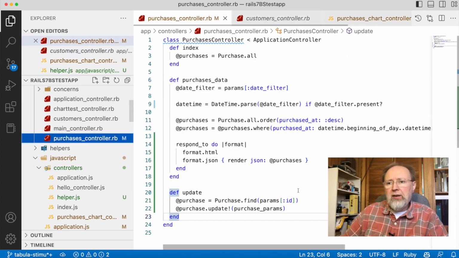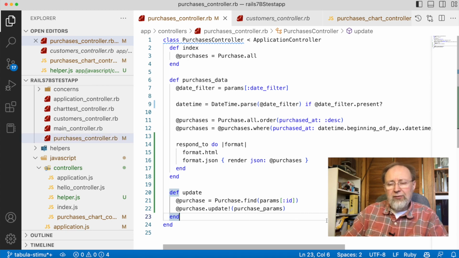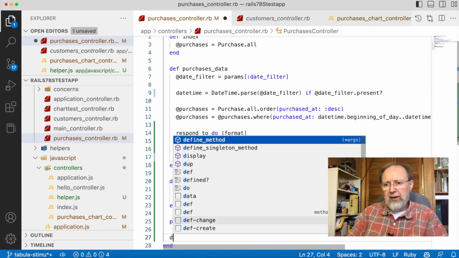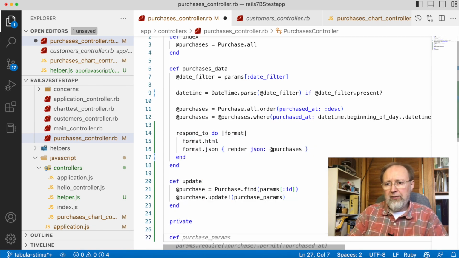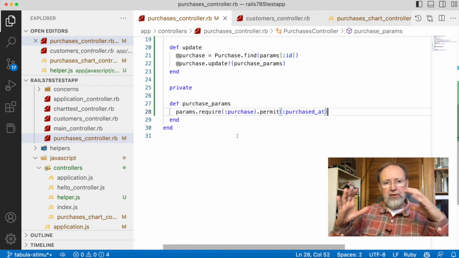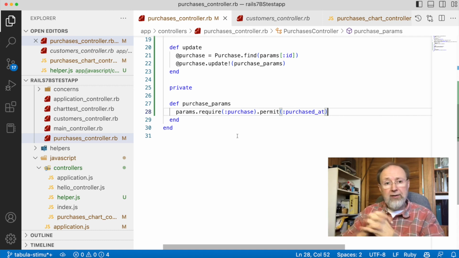No. But when you do a scaffolded model, you get a private def, let's say purchase params. And that will be saying that inside of your params is a kind of sub data structure that is for the purchase object,